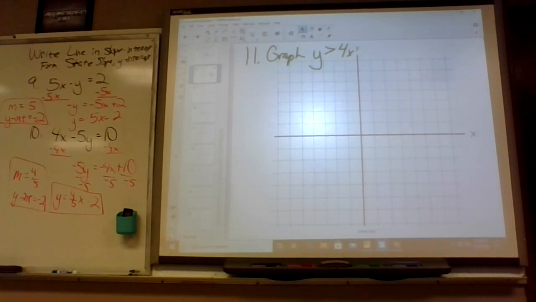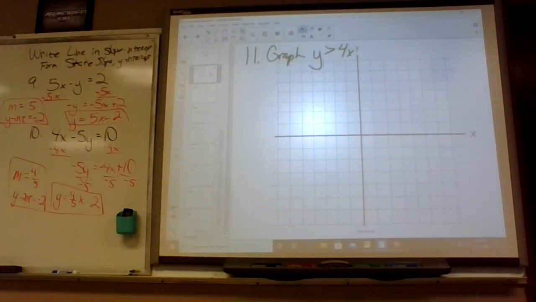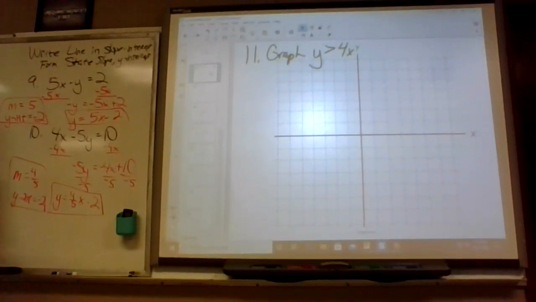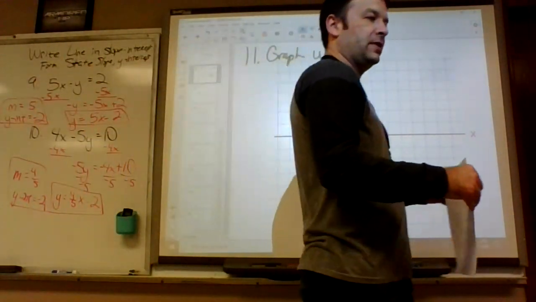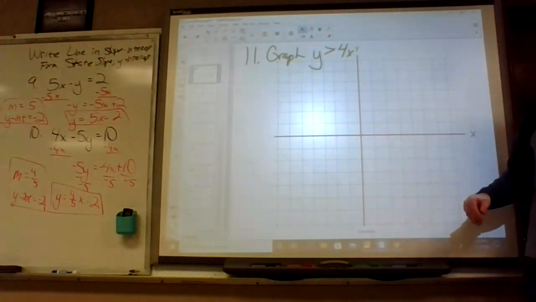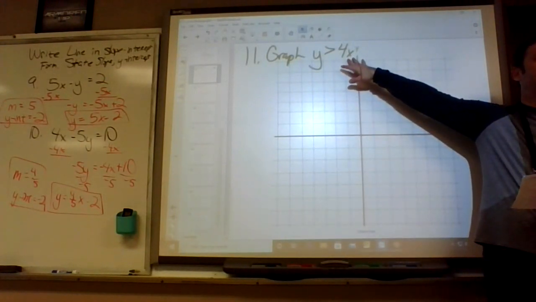Correct. Where's 12? Can you put 12 back on the board, please? Not until we do 11. Okay, what about greater than or less than? When you're going left to right, greater than is normally above and less than is normally below. Hold on. So, on number 11,